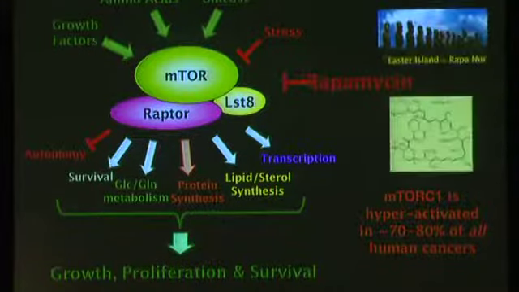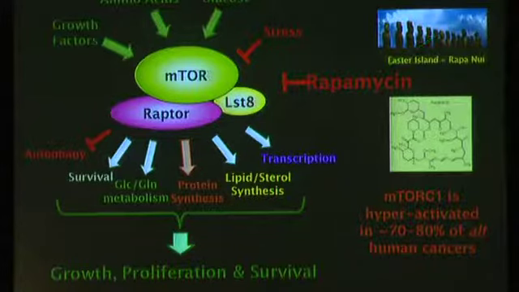And in fact, there's this natural product isolated from a soil bacterium on Easter Island that is a very potent antifungal and a very potent inhibitor of TORC1, and does not affect TORC2. So that was the picture 10 years ago or so. Now we know that rapamycin does not efficiently inhibit all TORC1 signaling. Very efficient in inhibiting S6 kinase, but other targets are not as dramatically affected.